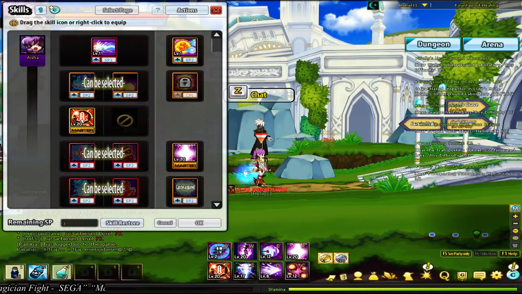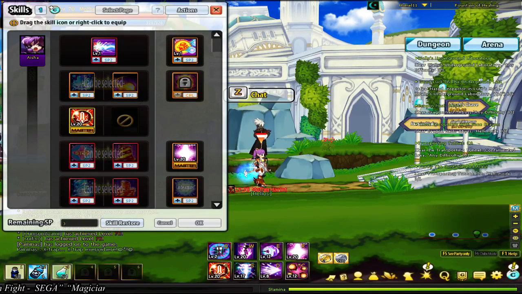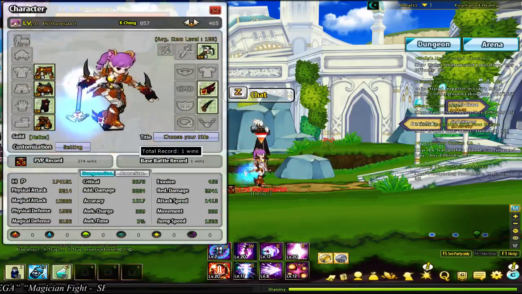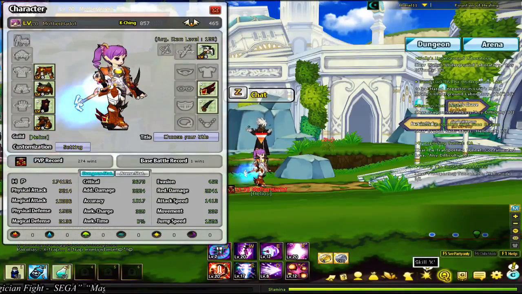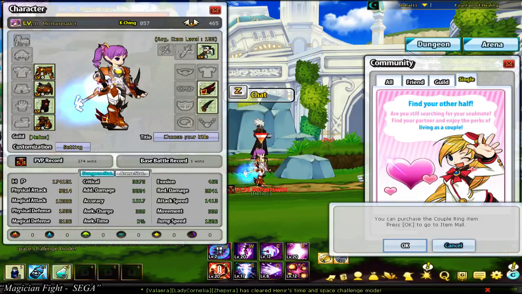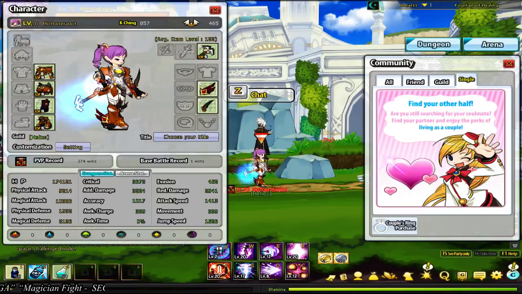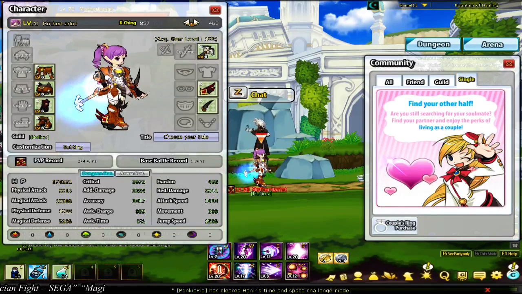Now, before I forget, the marriage ability. To get this, you need to couple a player, as in, the couple system. So, first you need to purchase a couple ring from the cash shop. Then you gotta find someone. To note, for the couple system,